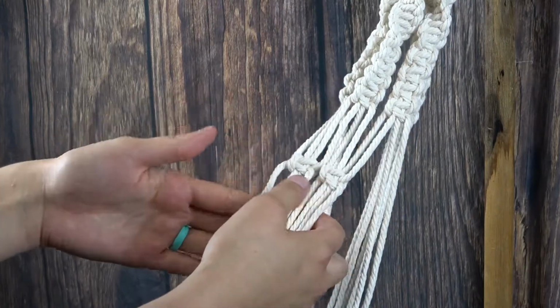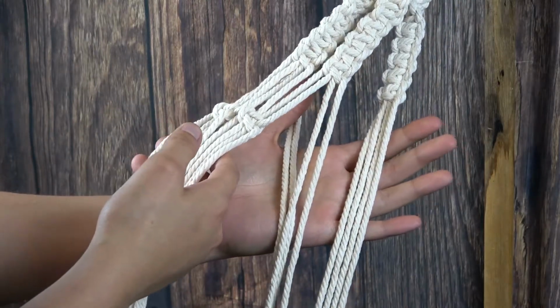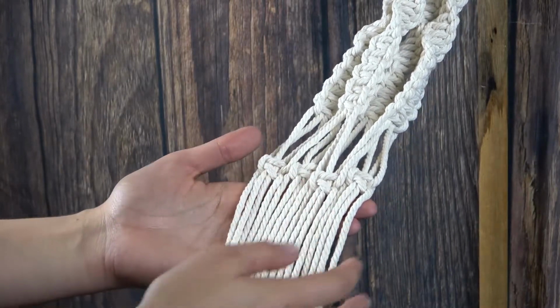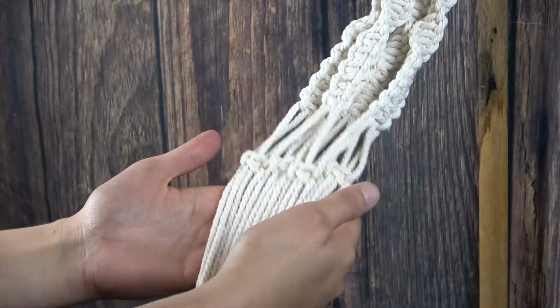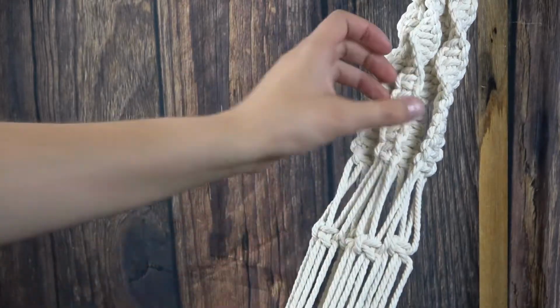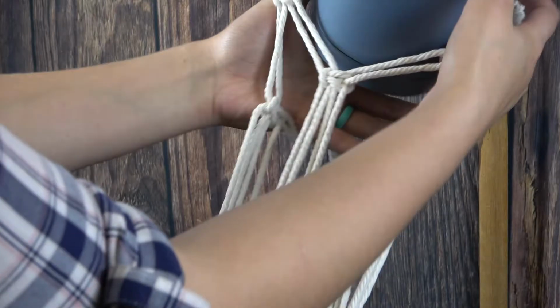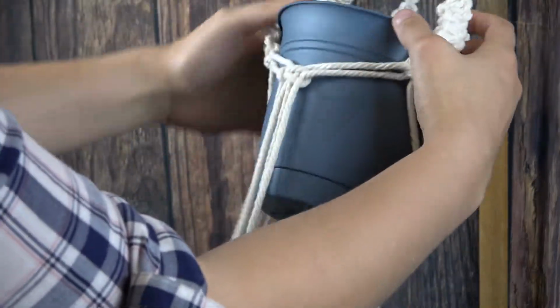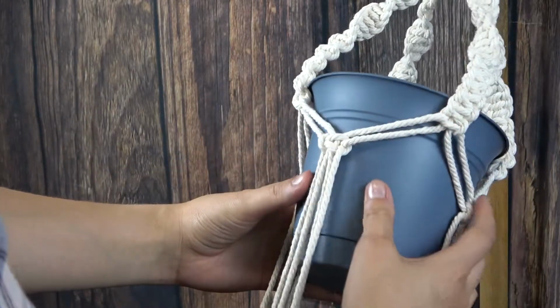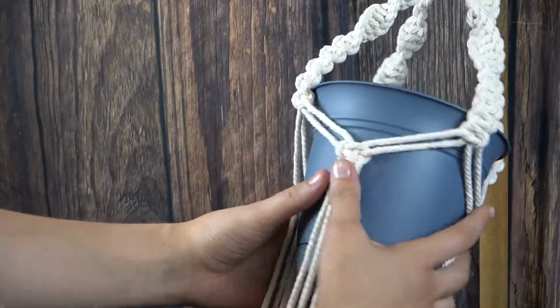We're then gonna continue this on for the rest of the strings here. Once you've completed your knots all the way around and they're all relatively at the same height, you can then test it out on your pot to make sure that they're in a good position. So you're just gonna slide your pot into this net here, place the rim of the pot just at this end of those,